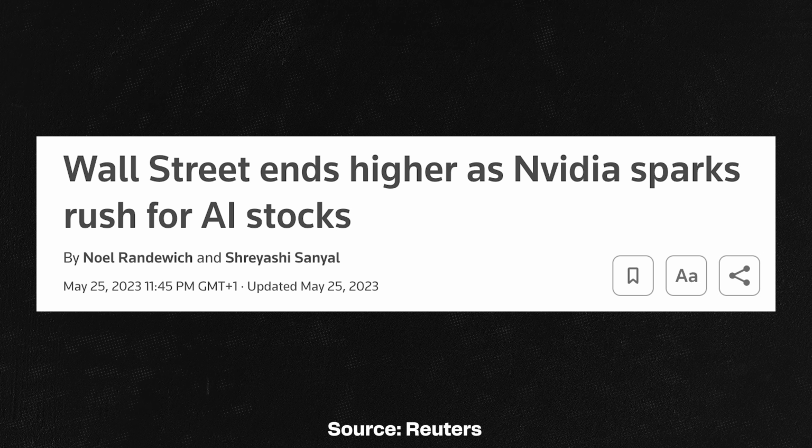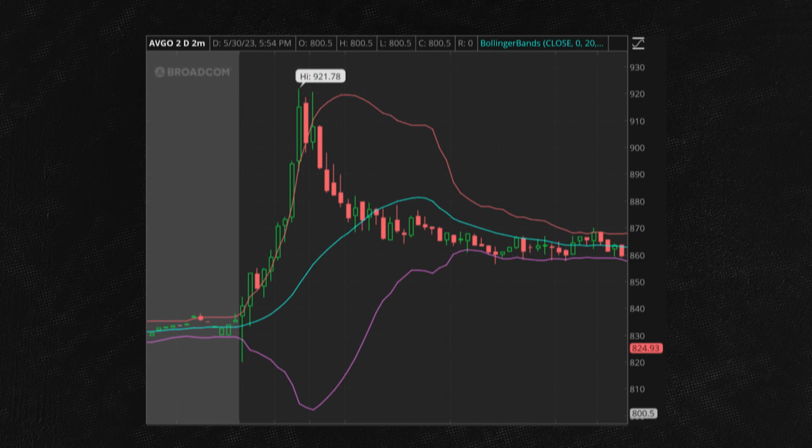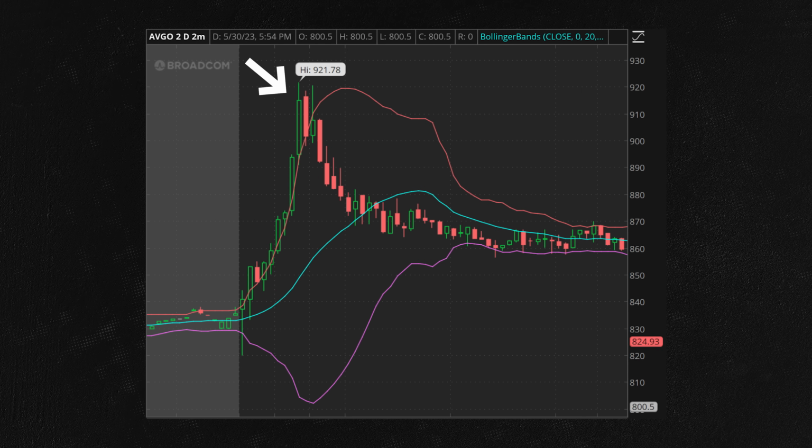In this final example, AVGO and other semiconductor stocks experienced a notable gap up, propelled by the earnings report and massive AI guidance from NVIDIA. Unlike NVIDIA, there was no specific fundamental change directly impacting AVGO. On the daily time frame, AVGO displayed signs of capitulation, evident from the surge in volume and price acceleration beyond the upper Bollinger Band. This dynamic attracted the attention of swing traders and those focusing on higher time frames. Similarly, on the intraday time frame, the capitulation was apparent, piquing the interest of intraday traders seeking shorter-term opportunities.